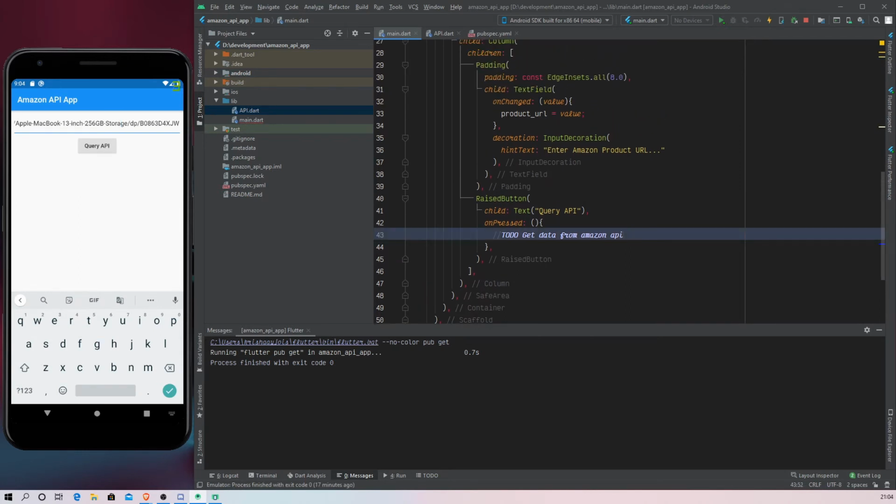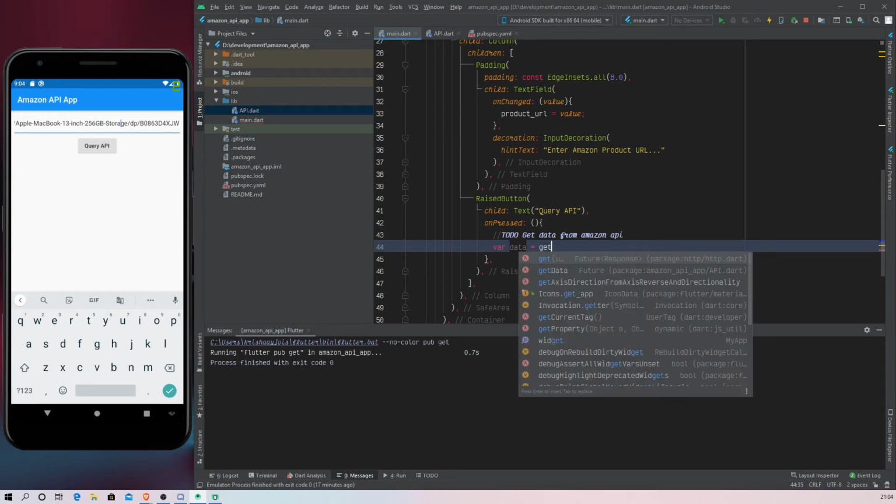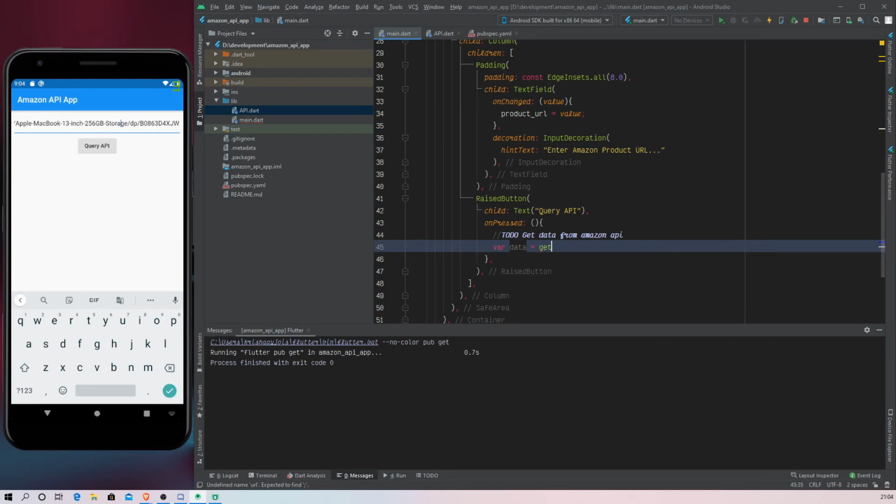So now here where we put our to-do, we're going to do exactly that. We're going to create a variable of a dynamic data type: var data is equal to getData with the query URL. So here, what do we pass in?